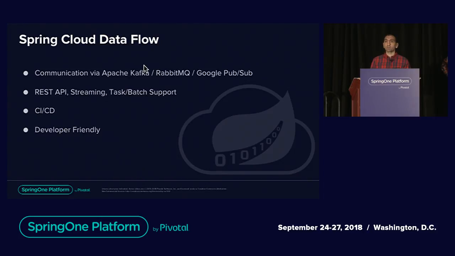However, I found that most of the time, it doesn't fulfill our requirements, and we have to build our custom applications, custom sinks, processors, and sources. And that's the beauty of Spring Cloud Dataflow, because it gives you this tool, it gives you a framework to build your custom applications in a familiar style, in a Spring Boot style programming model. Another thing about Spring Cloud Dataflow is the messaging middleware, which can be independently scalable and which provides high throughput and low latency.